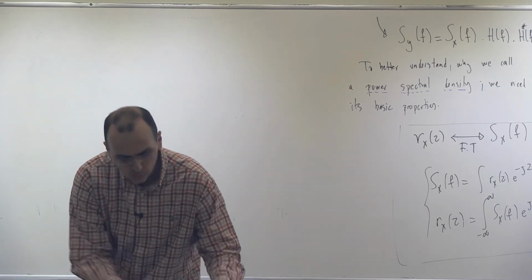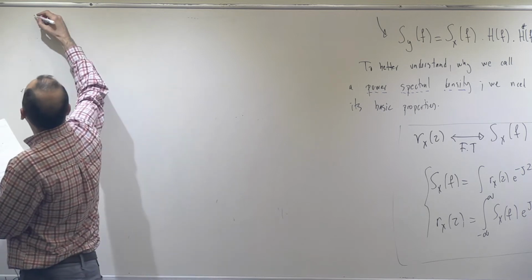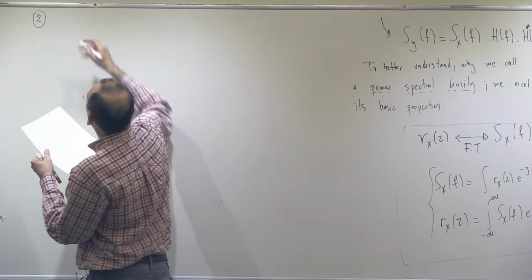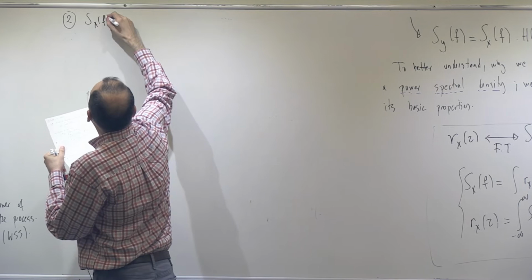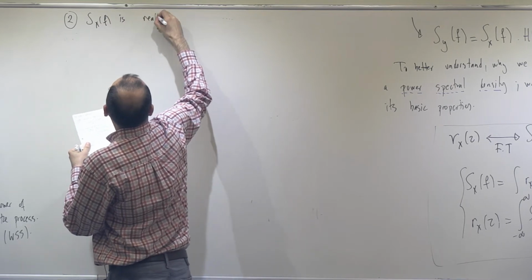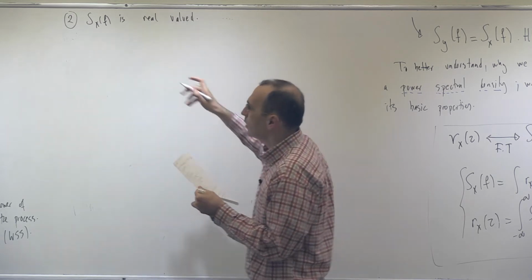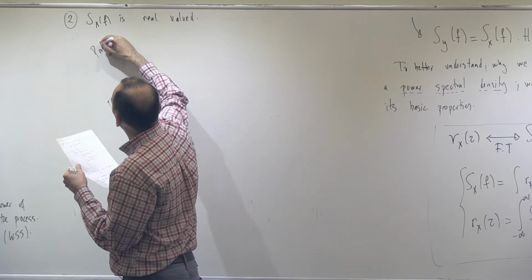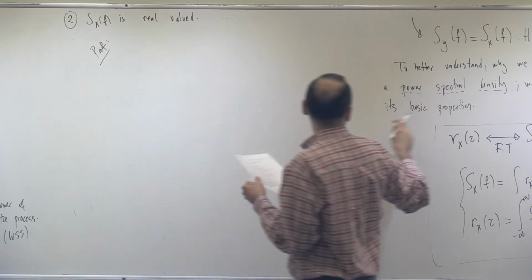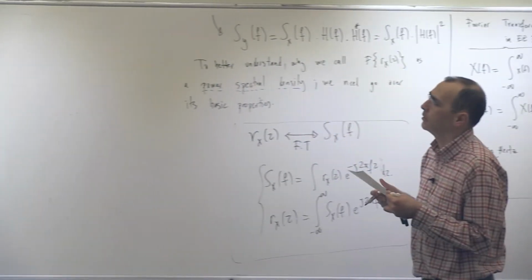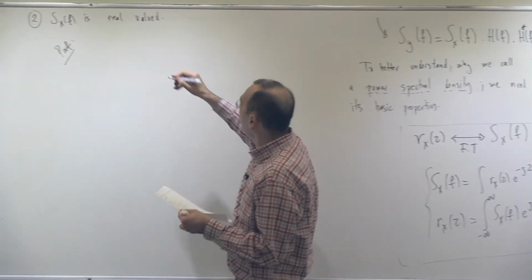So number 2, second property, is that Sx of f is real valued. Okay. So let's prove this so that we can get closer to why we call this a density. Okay. So we will use